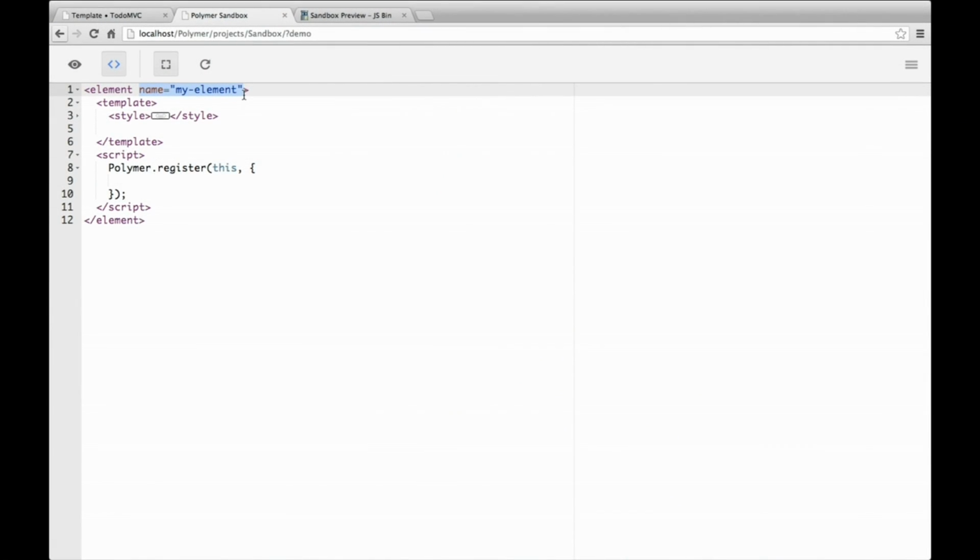So you've got an element tag. In this case, the name attribute says it's my-element. That means that's the tag we're going to create. So when this element definition is around, a tag that says my element will include all of this stuff. The template tag is the DOM that you want to stamp out when this tag is used. There's actually a whole bunch of really cool things you can do with template and iterate and all these other things. I encourage you to go look that up after this. And then there's the script tag, which provides the prototype for the element and various behaviors if you want to add. So in this case, we'll start out really simple, and I'll add a div